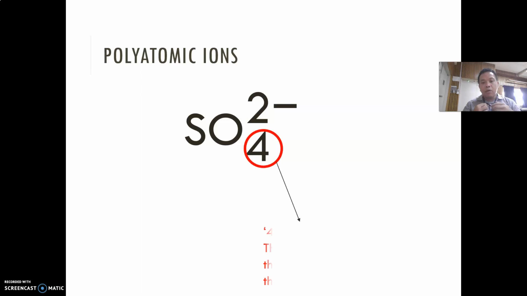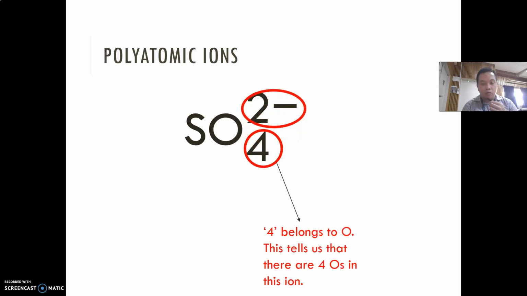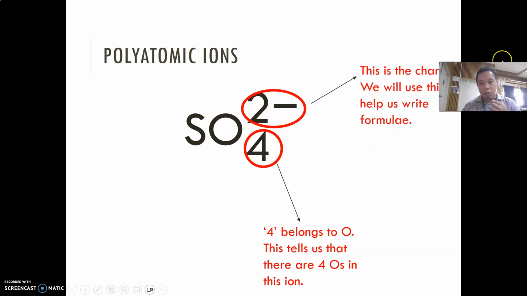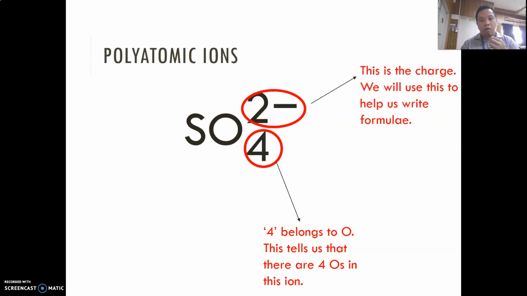I'm going to use the sulfate ion, SO4 2-, as an example. In this ion, you will see two numbers, which are 4 and 2. The 4 belongs to the O. What it tells us is that one of these ions has 4 oxygen atoms, and when we write chemical formulas, we're not going to touch this number 4. Instead, the one we should focus on is the 2 in the 2-. So the charge of the ion is 2-, and we're going to use the number 2 to help us